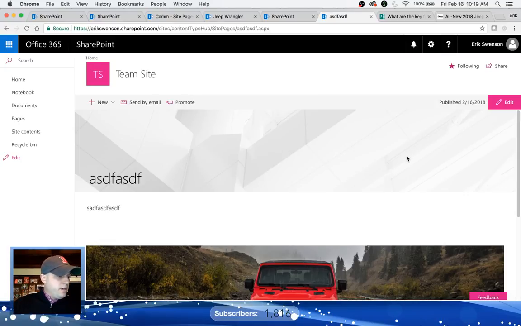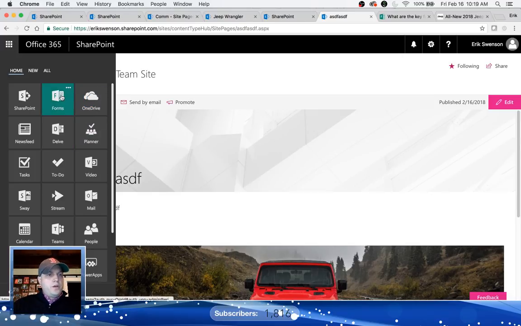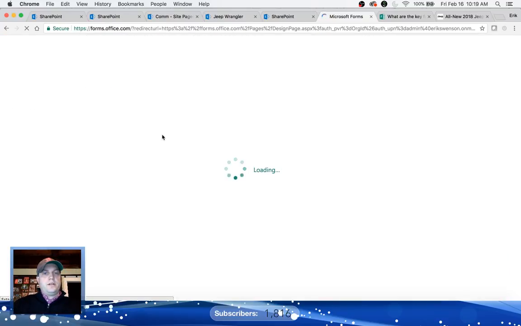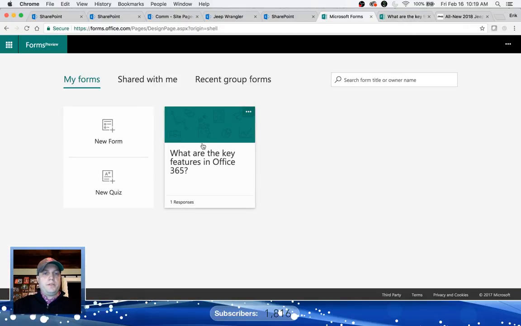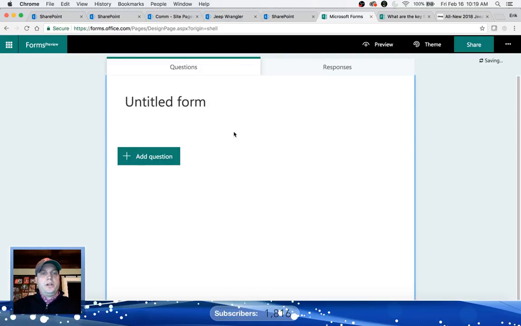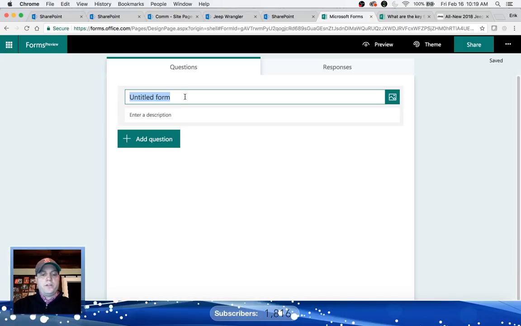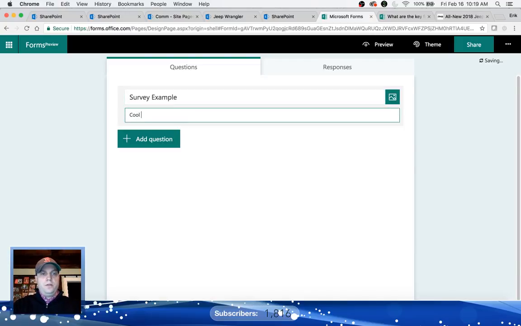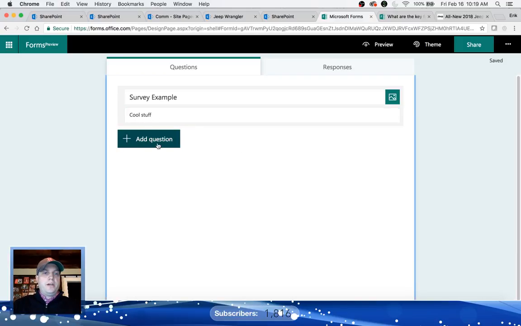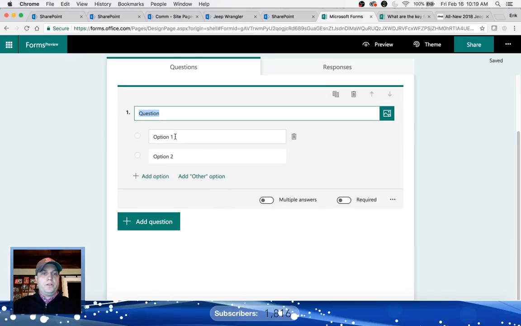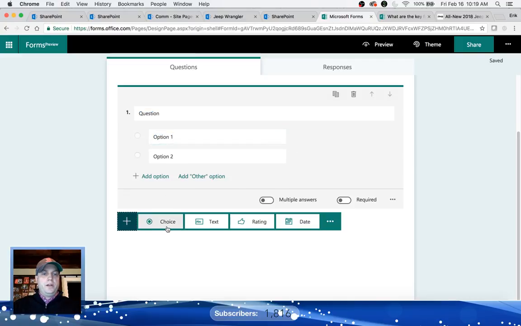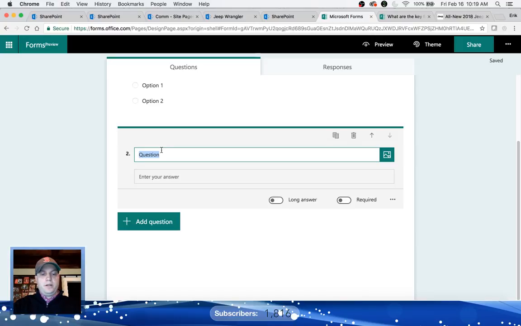The next thing that I was going to look at is forms. This is what I created that other form. You see what are the key features in Office 365. This is an interesting app where you can just create a new form or survey. And then you start building out your questionnaire. So you can have a choice field, option 1, 2, 3. You can have just a plain text